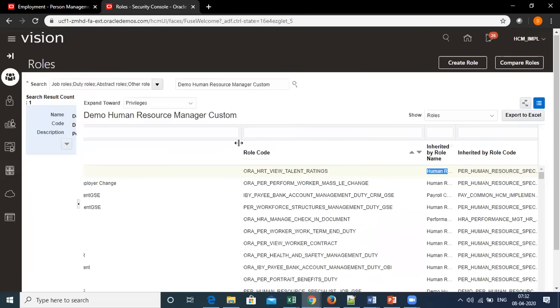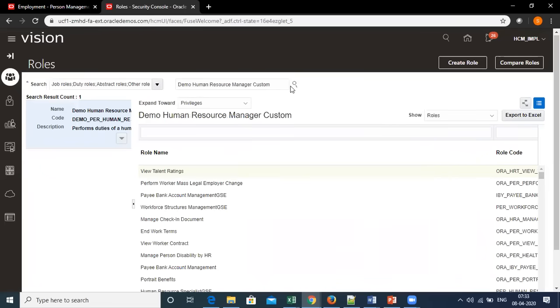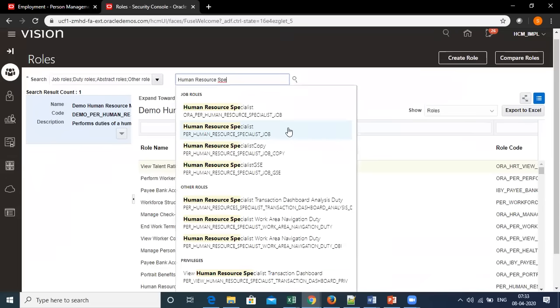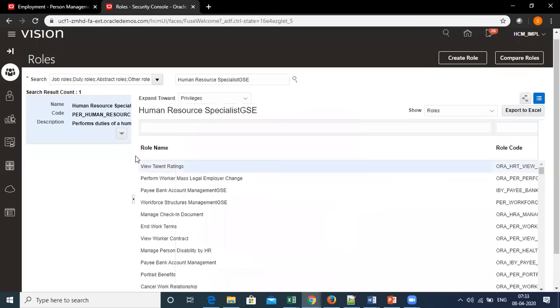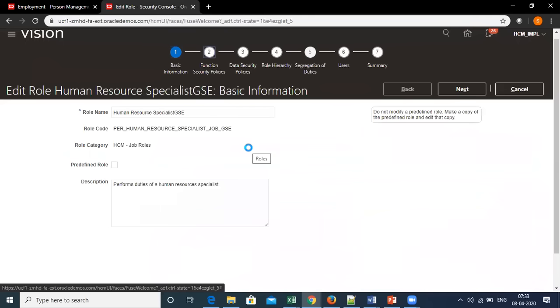So what I need to do is search human resource specialist GSC role. I will go to the GSC role, go to edit role, and then go to function security policy.